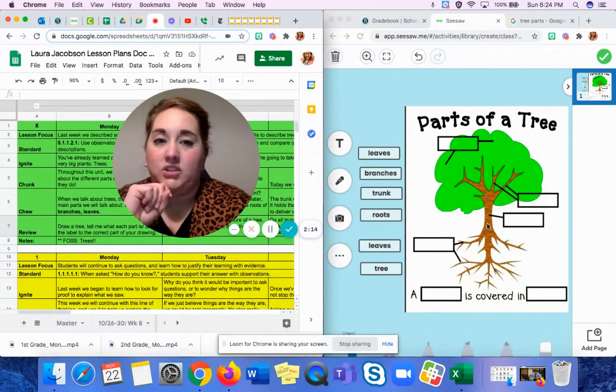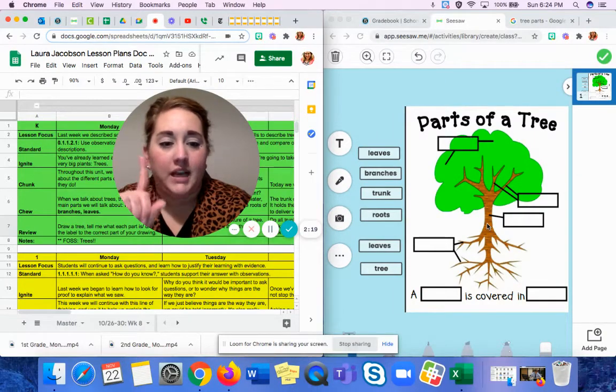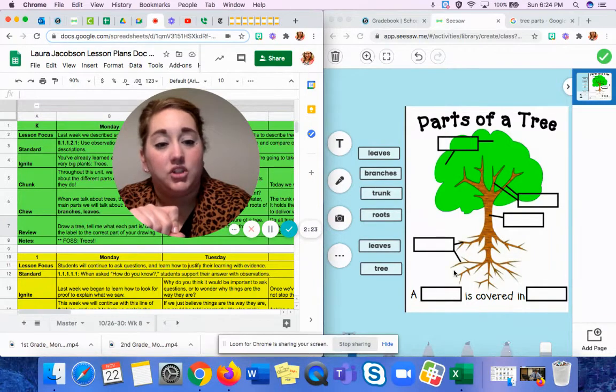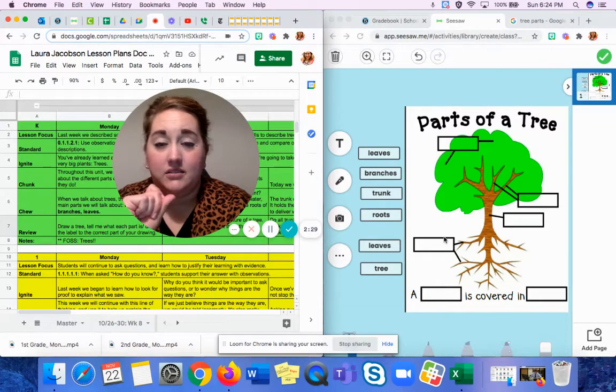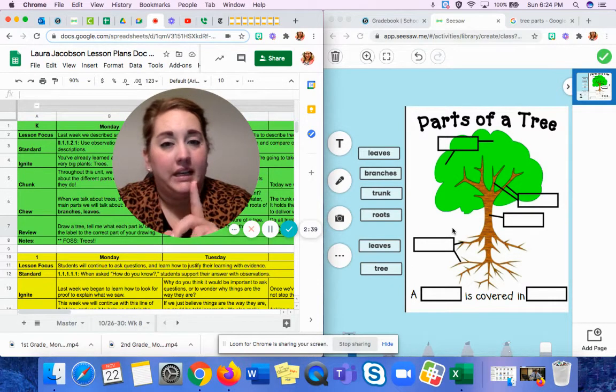So here I have a picture and it says parts of a tree. Now with parts of a tree, it's showing you the 4 main parts here that I want to discuss. Now with your knowledge of plants, I bet you already can label some of these tree parts. But in case you can't, we're going to talk about that. So here